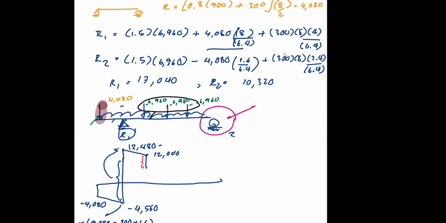6960. So let me emphasize this for you. This distance is of course 6960, right? So that means that is 5040, and again the uniform load will bring this down to this value, 4560,